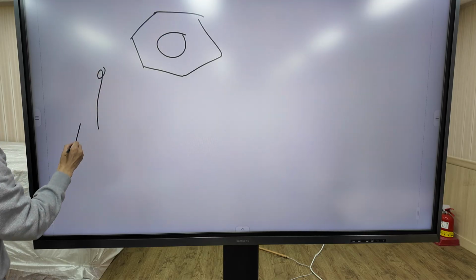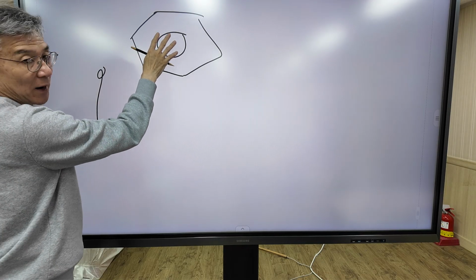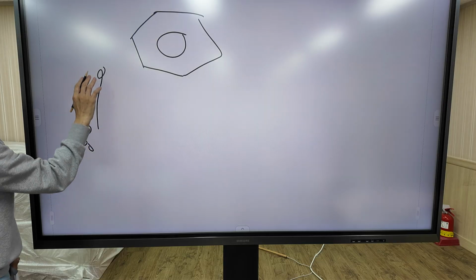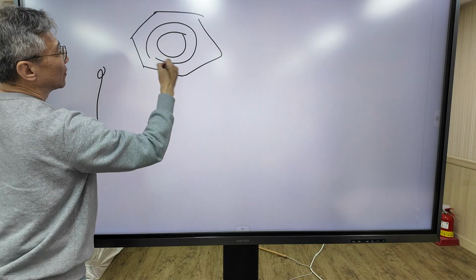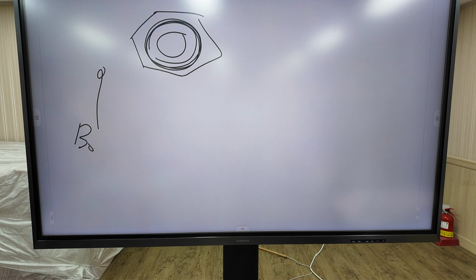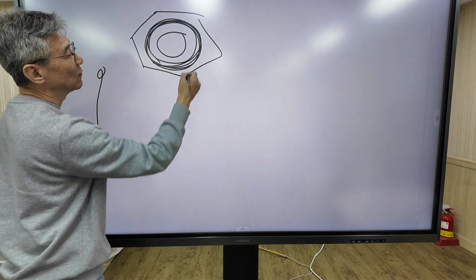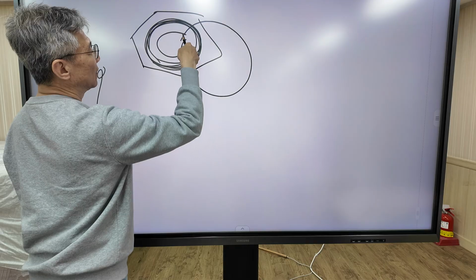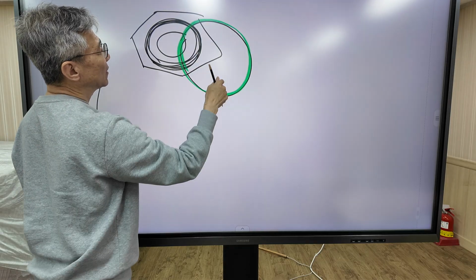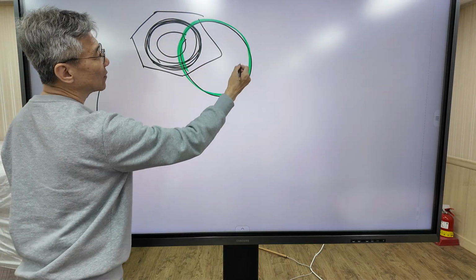When we apply a magnetic field, benzene is famous for its delocalized pi electrons. A ring current flows around the benzene ring. This ring current generates a magnetic field which looks like this. This is the magnetic field generated by the ring current. The direction of the ring current looks like this.